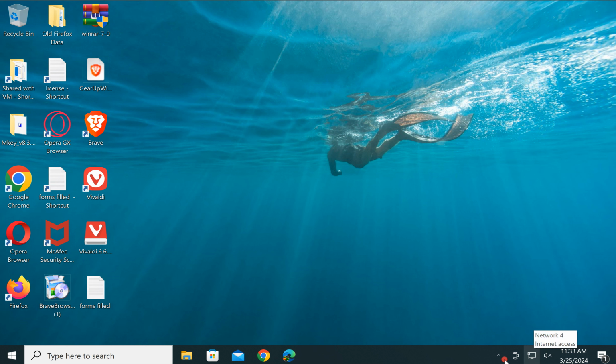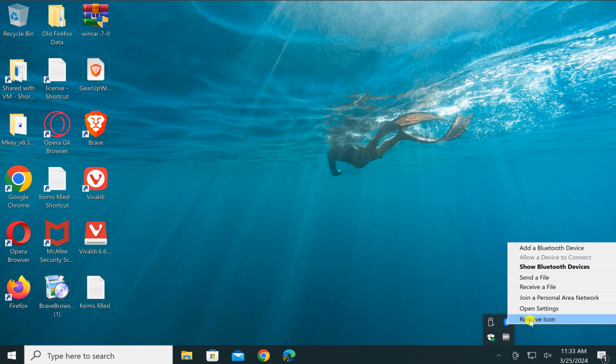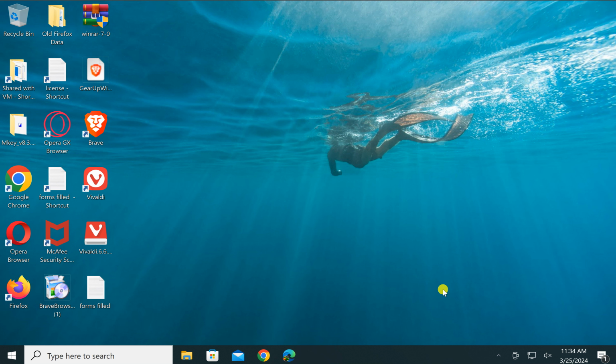PC. In case you want to remove Bluetooth icon from the Windows 10 taskbar, then click on this one show notification icon and then right click on the Bluetooth icon and click on this one remove icon button. This will remove Bluetooth icon from the taskbar, and in case you want to add it to the taskbar, click